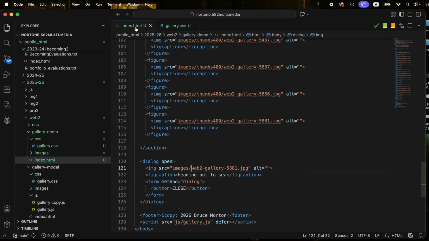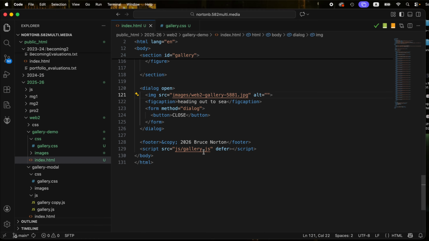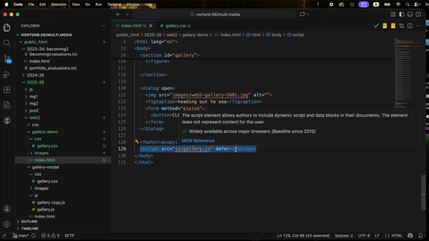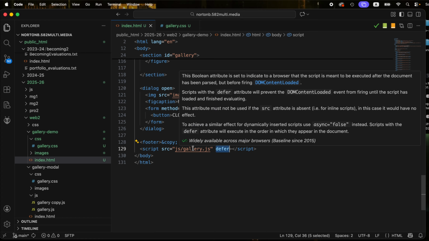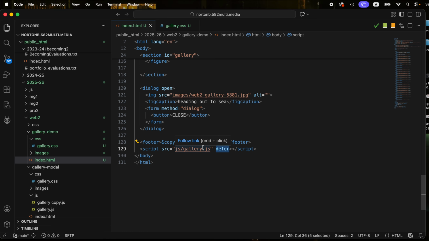So what I want to do is add JavaScript, and you can see here I've already created a script link to it, just kind of anticipating it. I tend to put my JavaScripts right at the bottom, making sure all the elements in the HTML have loaded before doing it. You can also put it at the top. If you put it at the top, make sure you put defer, so that the JavaScript only loads when the other elements are loading. And you're going to see in a second, we're going to be referring to those elements, obviously the thumbnails and the dialog box, in our